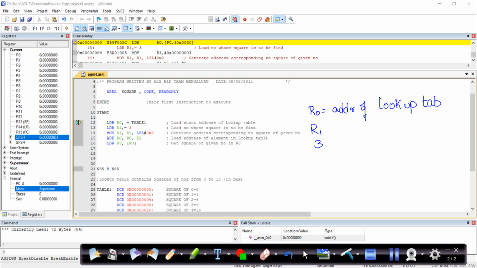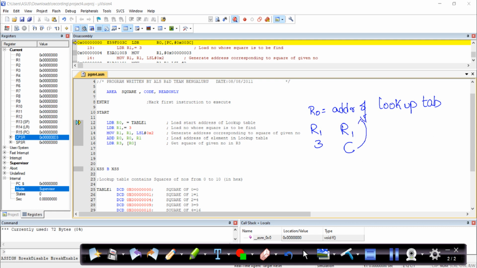Next, R1 is shifted by 2 bits so that your R1 value has gone to C. Next, your R0 value is having that particular address to which your C is being added.